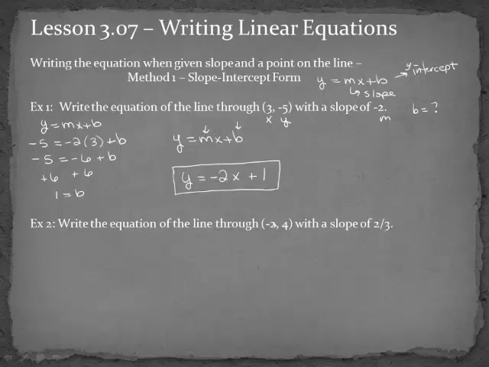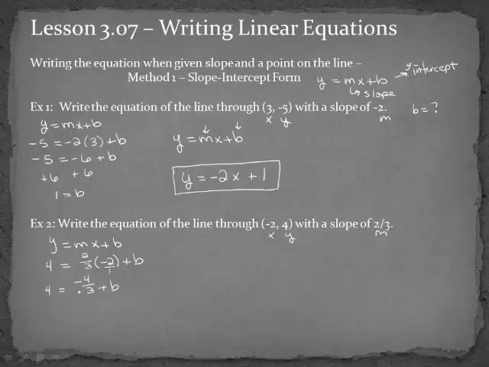Here we have another example. I have x and y and m. So I'll plug those in. y is 4, m is 2/3, x is -2, and I don't know b. Now, when we have a fraction times a whole number, if the whole number will divide by the denominator, we'll do that first, but in this case that won't happen. So I'll put this over 1, and I get that 4 is equal to -4/3 plus b.